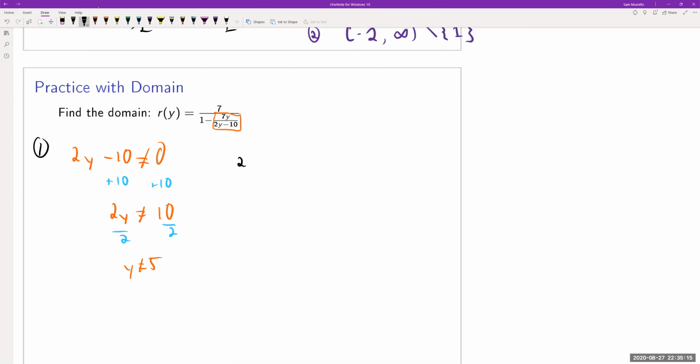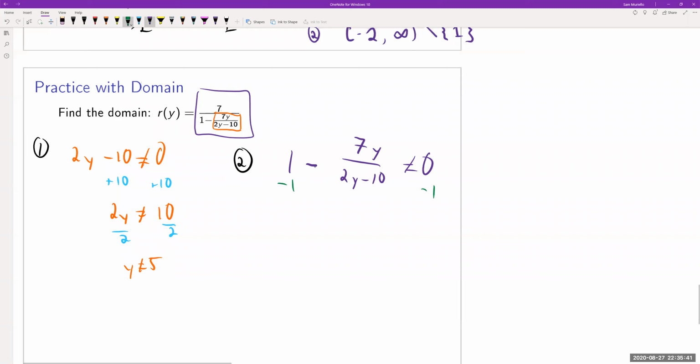For the second one, I'm concerning myself with the entire fraction. And that means that I can't be dividing where the denominator of the big fraction is 0. In other words, 1 minus 7y over 2y minus 10 cannot equal 0. Solving this equation is going to require a little bit more work than the last one. The first thing I'm going to do is get this fraction by itself by subtracting 1 from both sides. You could also clear the denominator here if you would prefer, but I'm going to go ahead and finish the problem this way. Next, I am going to multiply 2y minus 10 to both sides,